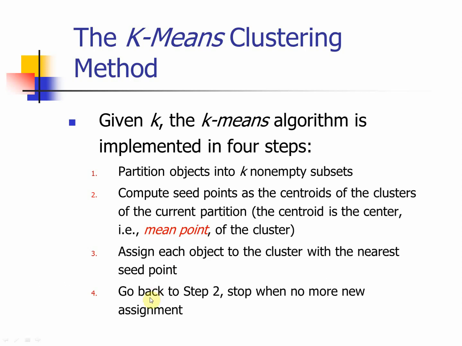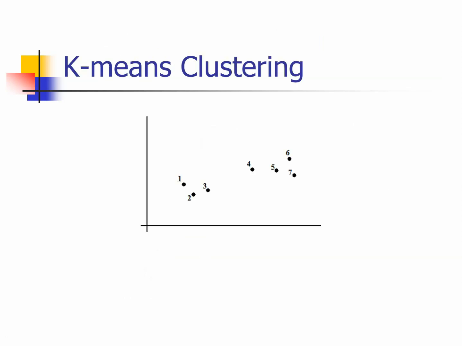That's what the 4th step does: go back to step number 2, recalculate the center, and then repeat step number 3, forming 2 clusters again, and then keep repeating steps 2 and 3 until no points change. The centroid, the center of the clusters, has no movement or moves slower than a certain threshold. And that is the idea of k-means clustering. It may sound a little bit complicated in terms of pseudocode, but when we go into the example,